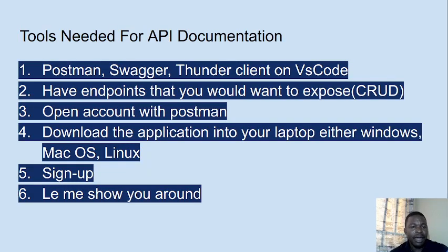When it comes to API documentation, there are tools that you need. You have Swagger, you have Thunder Client on VS Code. We are going to focus on Postman, because when you write your code, to test your API, you have to use Postman, which will be fetching into your MongoDB. You have endpoints that you need to expose. First of all, you have to have a Postman account on your system. If you don't have one, you have to download Postman